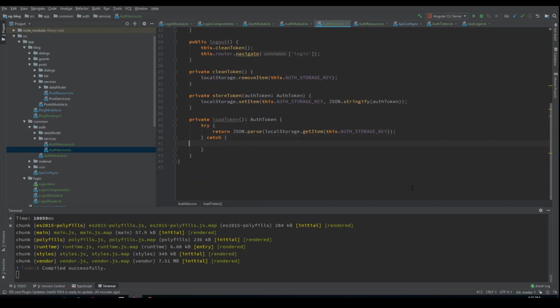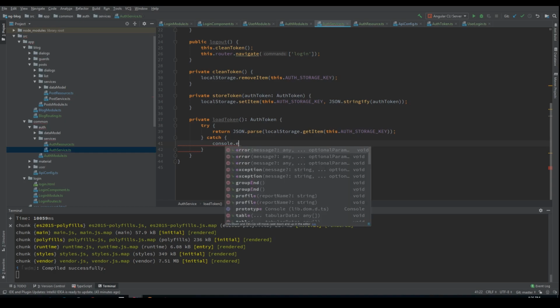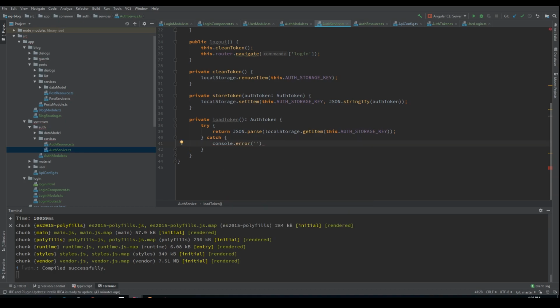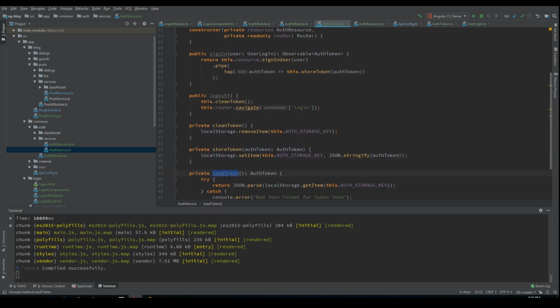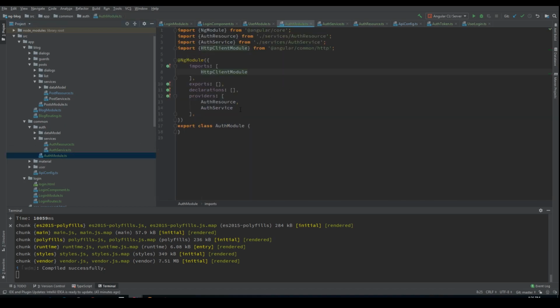Well, we can actually throw a warning or error: bad JSON format for the token item. Good. All right. So this method can be used a little bit later, but we can now go back to our